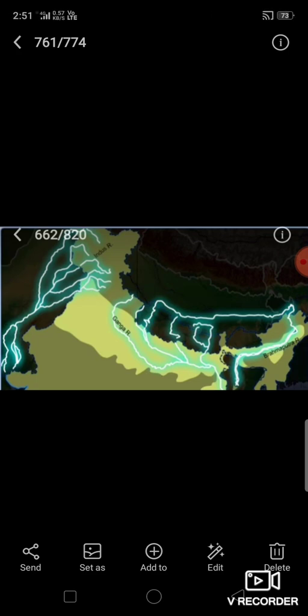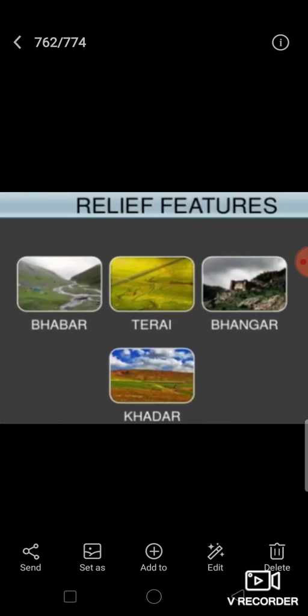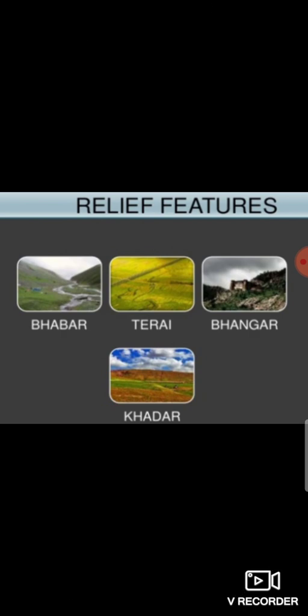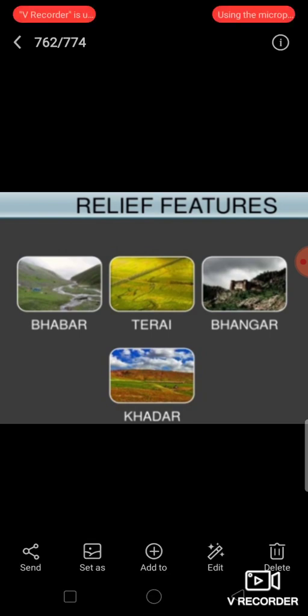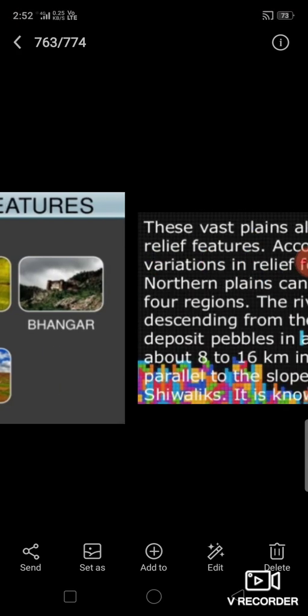Now, the northern plains are generally described as a flat land with no variation in its relief. It is not true. These vast plains also have diverse relief features. According to the variation in relief feature, the northern plain is divided into four regions: Bhabar, Tarai, Bhangar, and Khadar. Now, students,